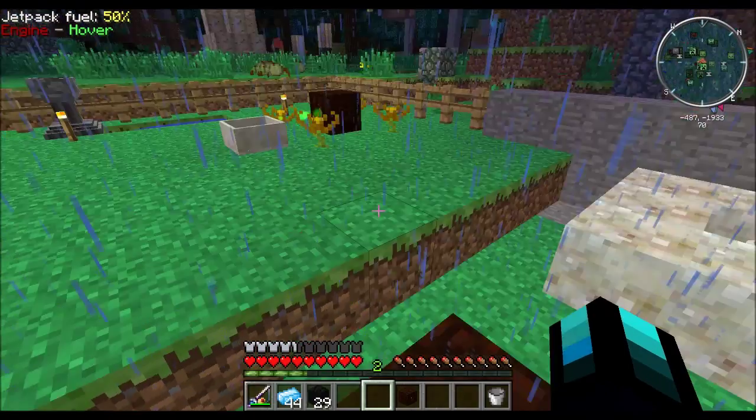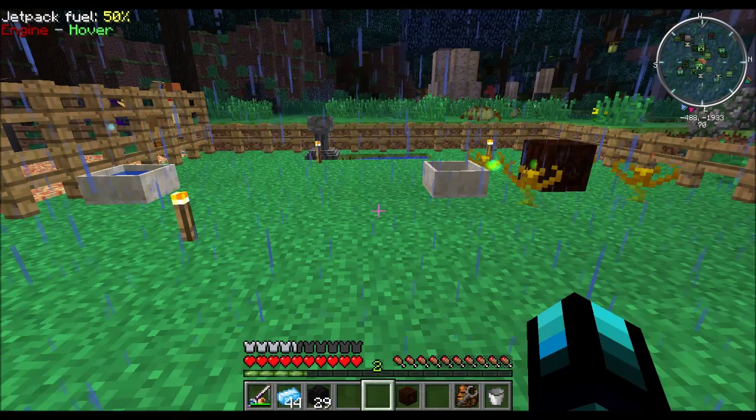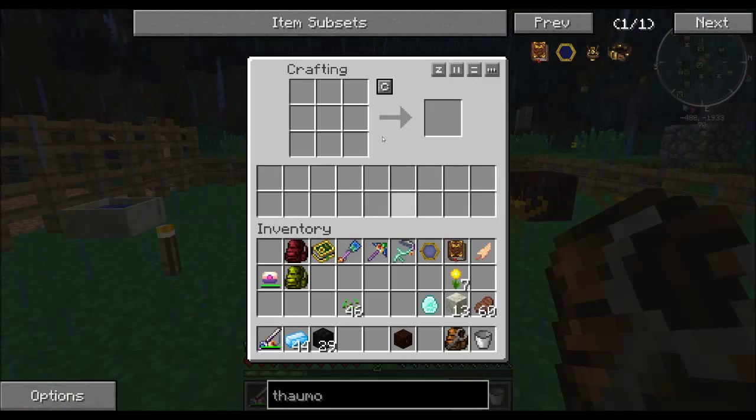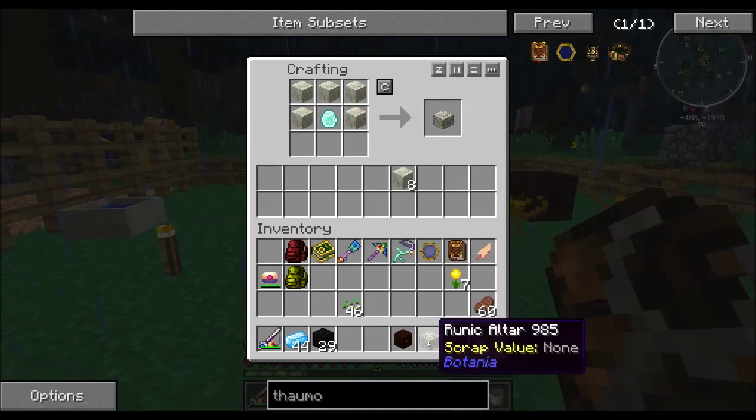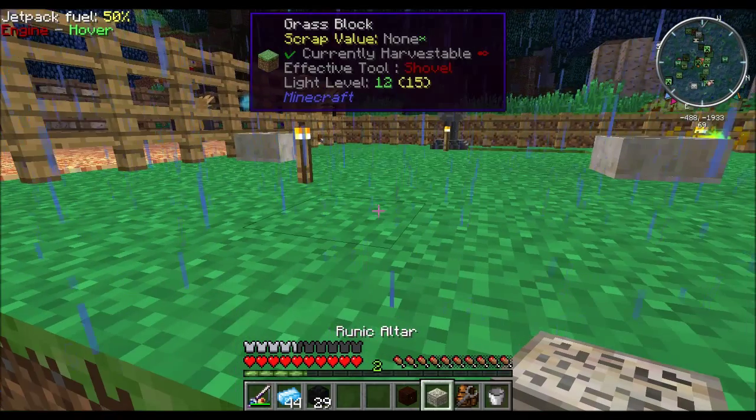We need Livingstone. So, I love this backpack, and here's one of the reasons why. I don't have a thing to create stuff out here, right? But that's fine. We don't need it, because all we need is this. And we get a runic altar. Then we'll put that back there. So this is our runic altar, and what we're gonna